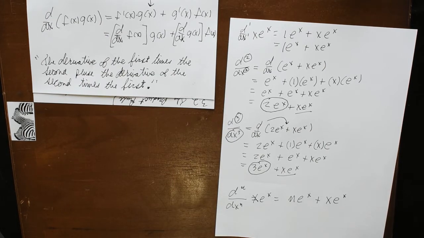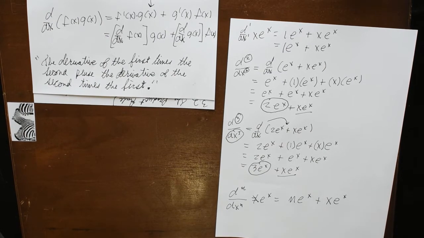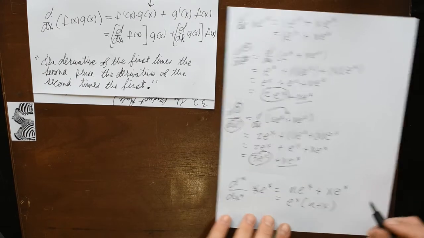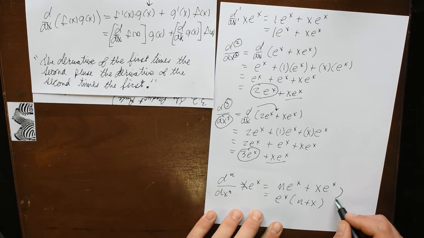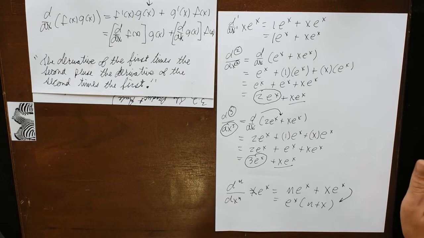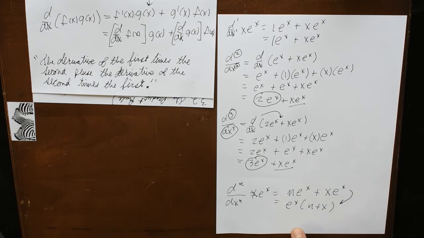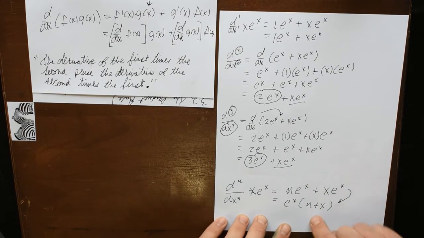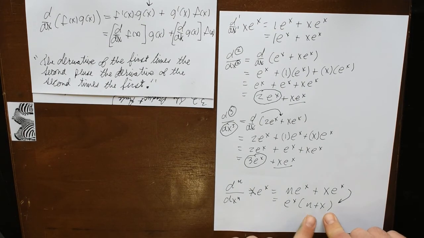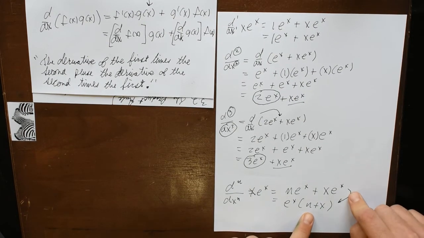So the book goes through and calls this e to the x times n plus x. Like I said, there is definitely some value in condensing everything down. Typically in a math class you're told to always simplify, always simplify. In this problem, there's no calculus going from this step to this step. If this is a logical step for your work, go ahead and take it,